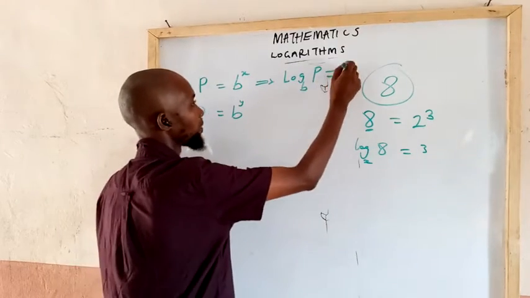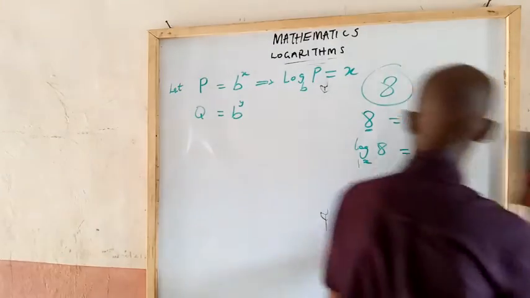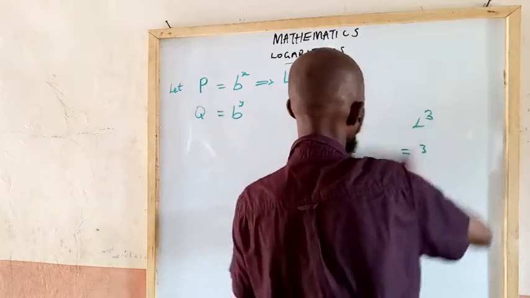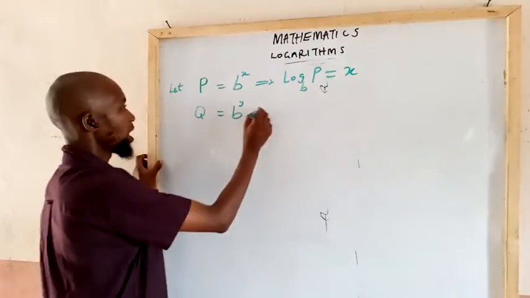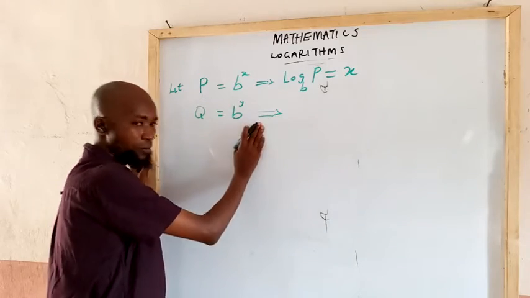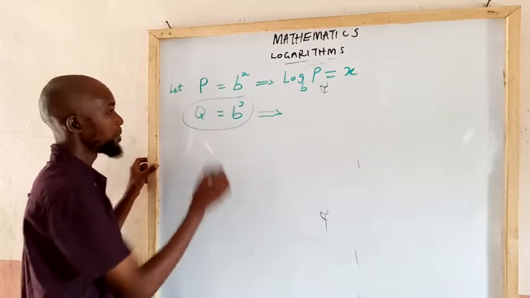We render the value of what? X. We give the value of x. So let me also talk about the other number which I have here. I can also say that in logarithmic form, everything I have here means